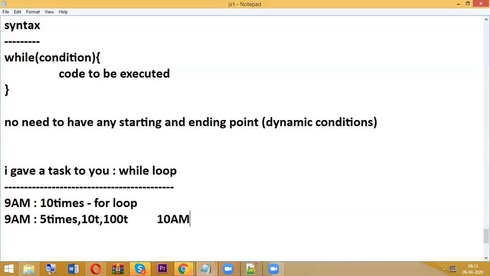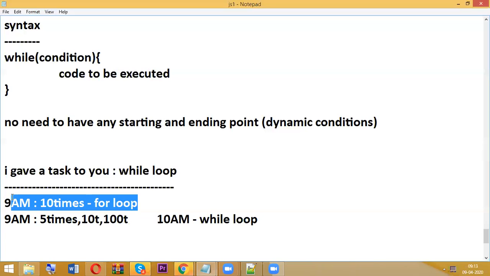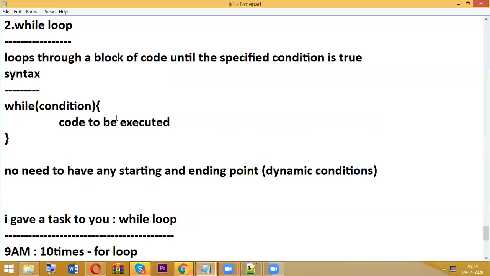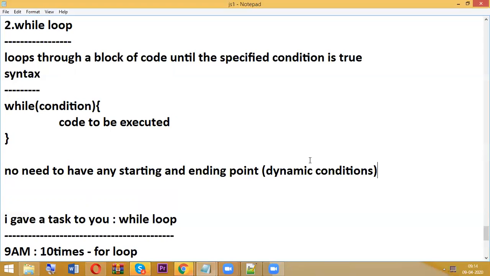So this is a simple general example for while. For loop means iterations; clearly, we need to mention starting and ending. But in while loop, it should happen dynamically. So for right now, don't bother much about this. The best example is displaying the data from the database, because the data is not fixed. It varies always. So this is a while loop.